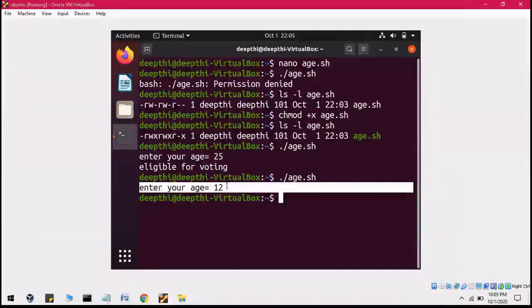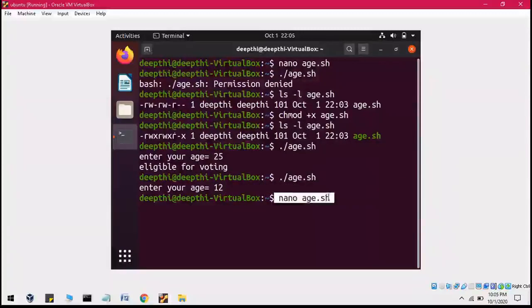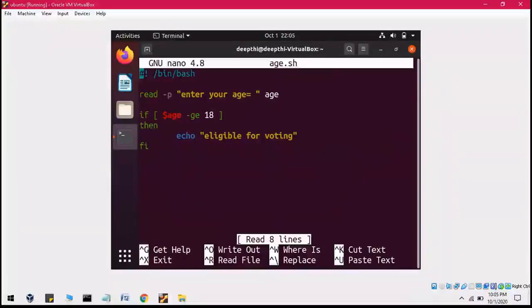Now let's understand else also. Let's come back to this editor, into the same file age.sh, to make some changes in it. After that, I'm going to write else, and in else I'm going to write echo, not eligible for voting.